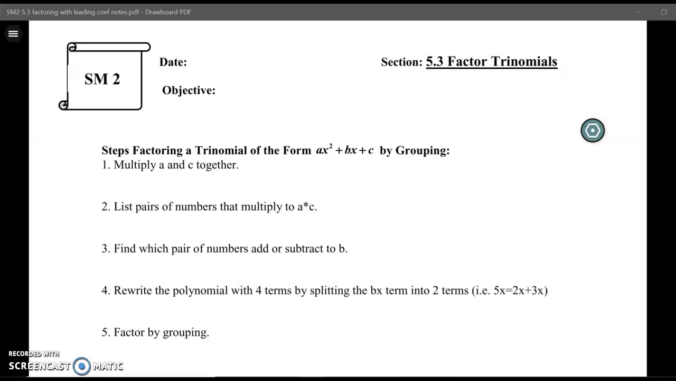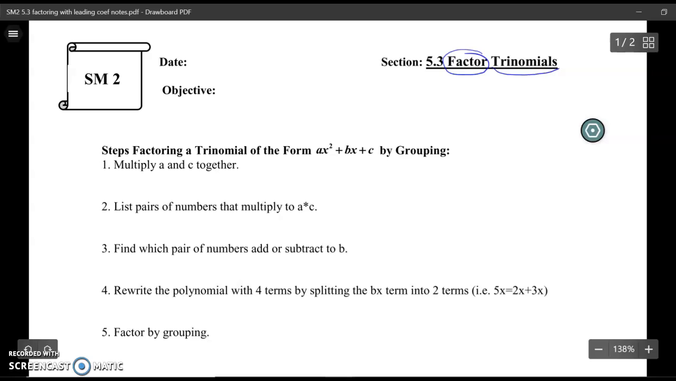Okay, today we're going to learn how to factor trinomials, and we are going to use the grouping method that we learned from last time. So let's just remember a little bit. Remember, factoring means to undo multiplication or to break down a polynomial, and a trinomial is just a polynomial that